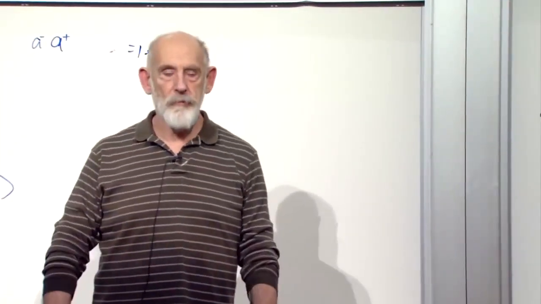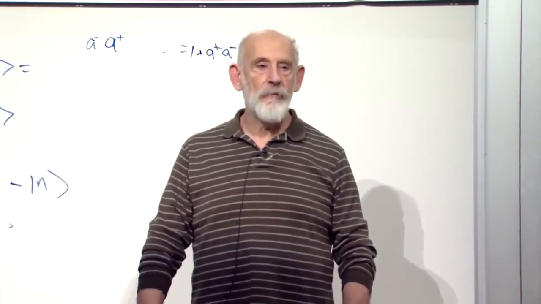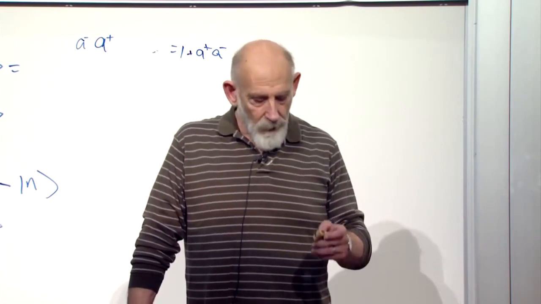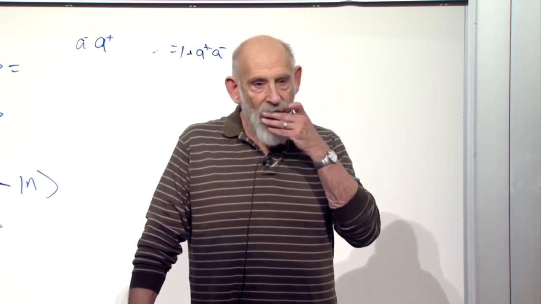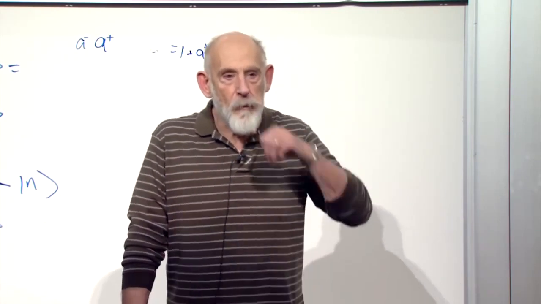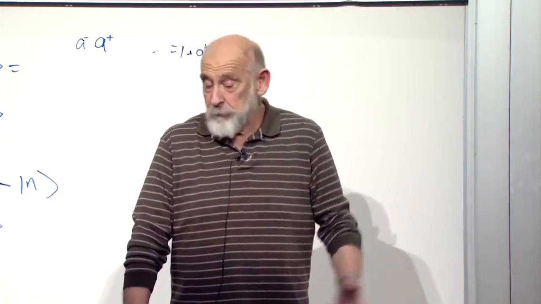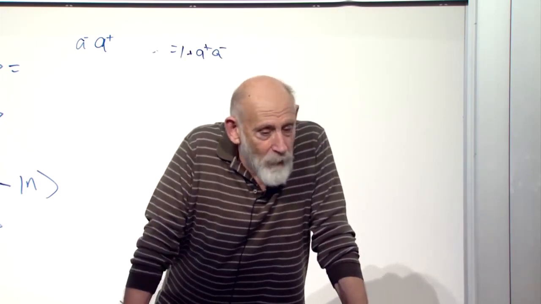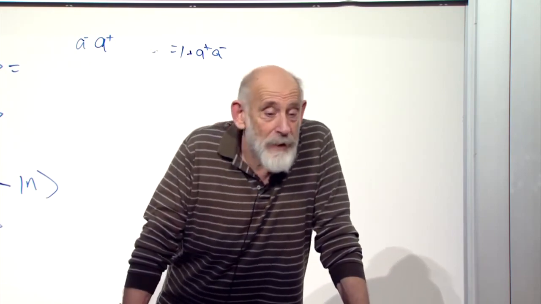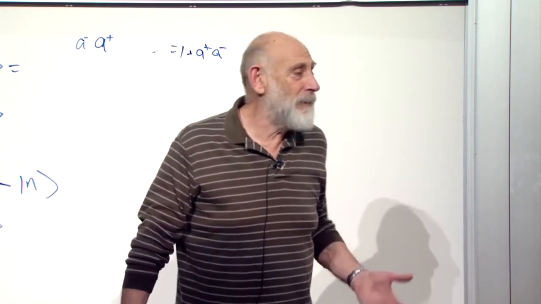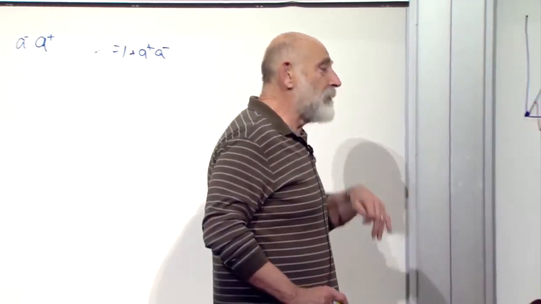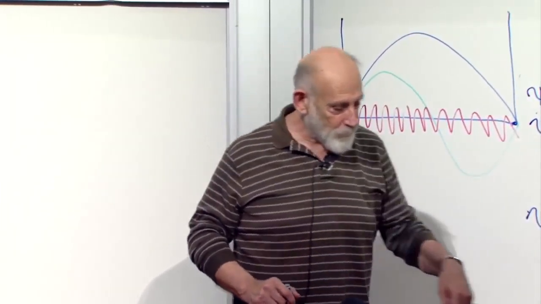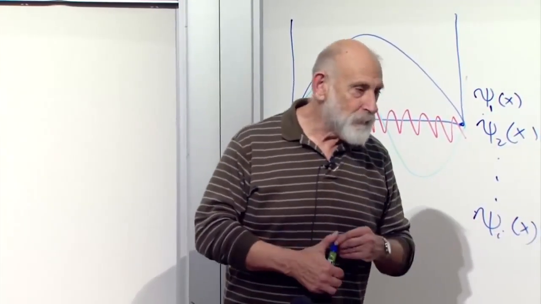Forgive me. My question was, I understand that when you apply A plus, you create a particle. That's a very tangible thing. I didn't understand what its square root does in a tangible sense. Nothing. Or maybe nothing. Sometimes that's fine. Mathematics is just mathematics. It's like in ordinary quantum mechanics, you have to normalize the wave function. If you only have one particle, it's the same thing here.